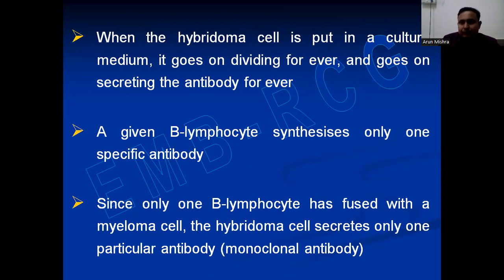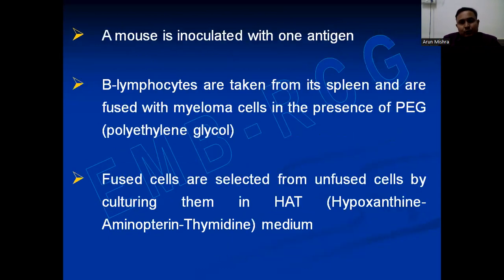A given B lymphocyte synthesizes only one specific antibody. Since only one B lymphocyte has fused with a myeloma cell, the hybridoma cell secretes only one particular antibody, known as monoclonal antibody. To make a monoclonal antibody, a mouse is inoculated with an antigen. The B lymphocytes are taken from its spleen and are fused with myeloma cells in the presence of PEG, polyethylene glycol. Fused cells are selected from unfused cells by culturing them in